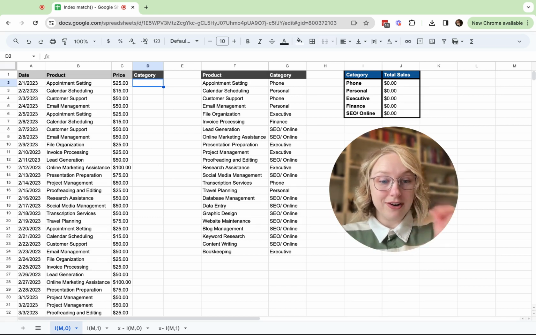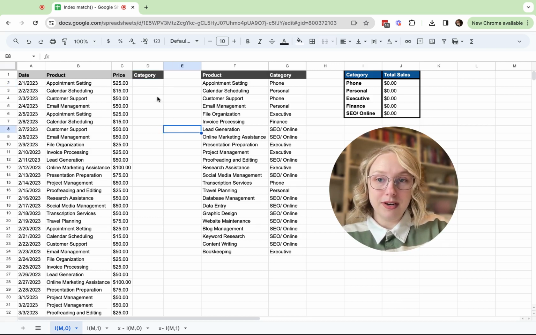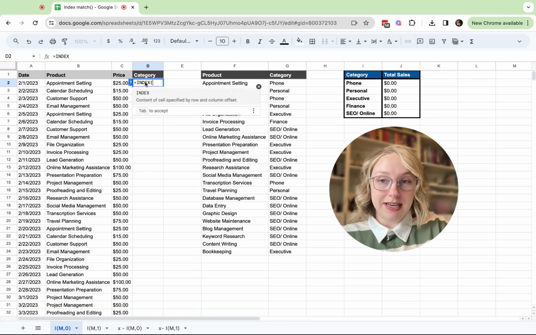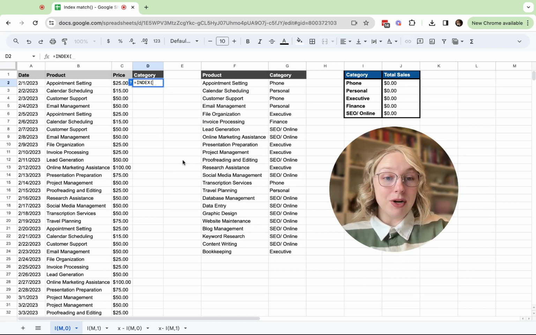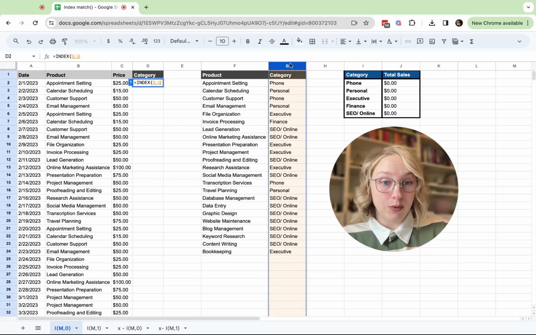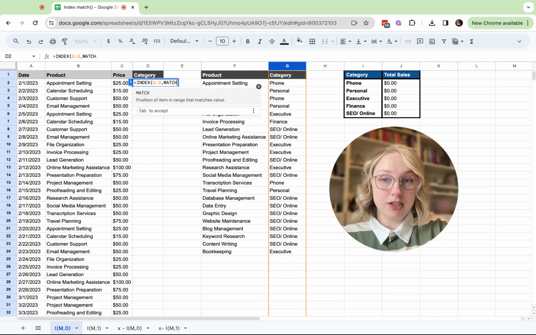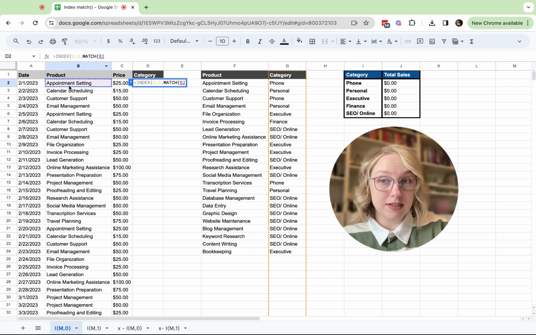So we're going to go to category, column D, and type equals index, open our parentheses. Now we're going to reference the range we want to see here. So remember, index is pulling a range into this column. So I want the category range to pull over here, comma, match. I want whatever I'm pulling to match my product in column B. So I'm going to reference the cell B2, and then I'm going to hit comma, and the column that I